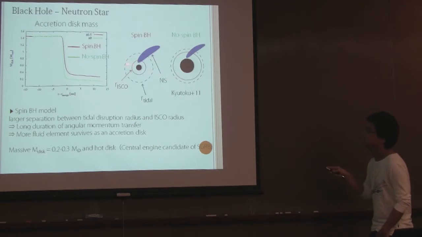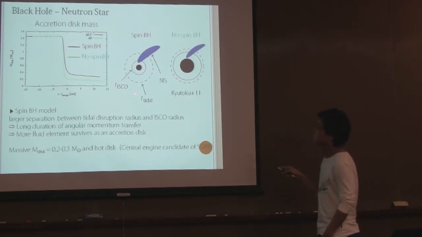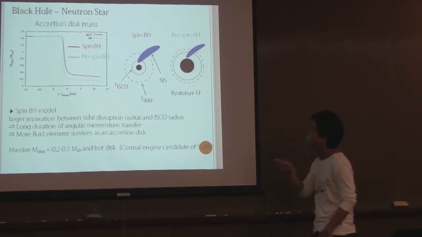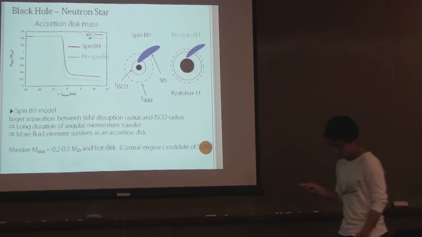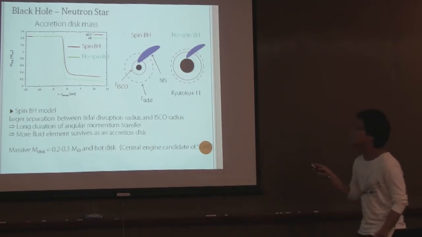If you fix the mass ratios and the neutron star structures, the separation between the tidal radius and the innermost stable circular radius is larger for the spinning black hole case in comparison to the non-spinning black hole models. This means that the duration of the angular momentum transfer becomes long, so the fluid element gets a